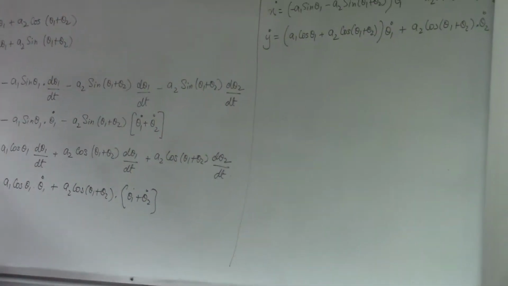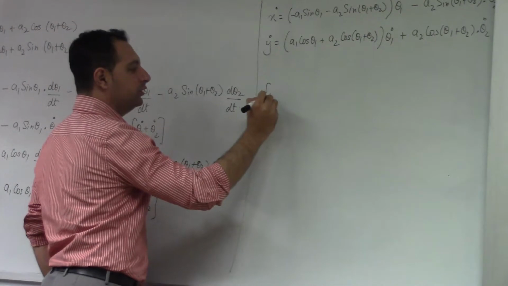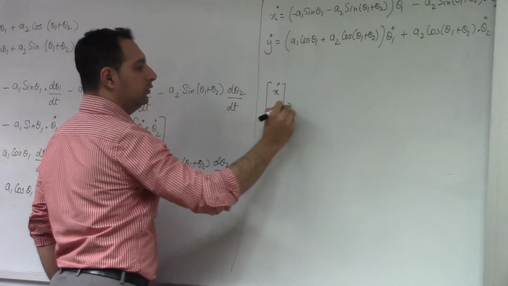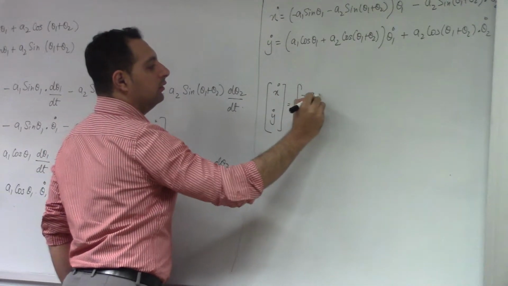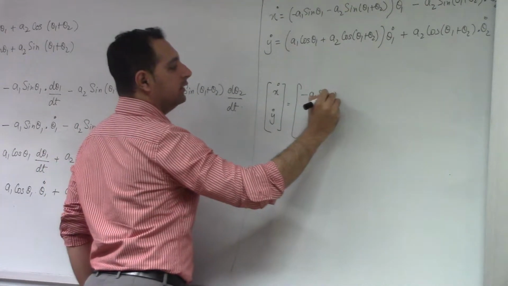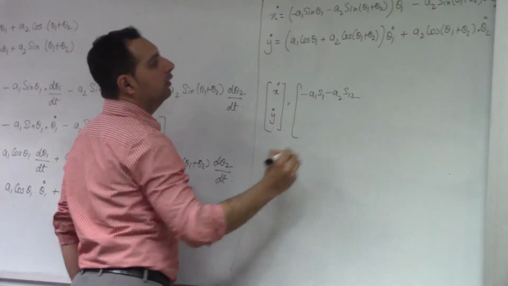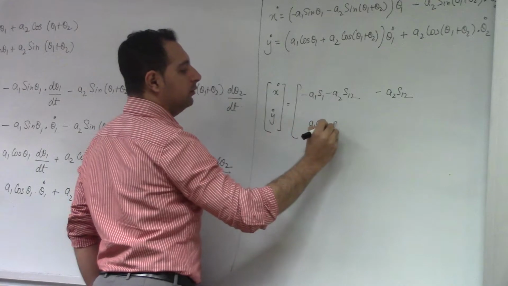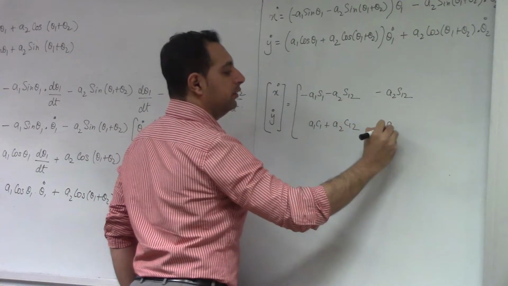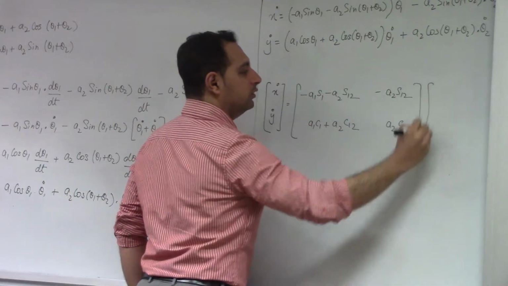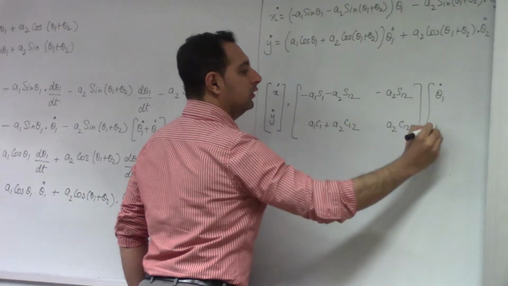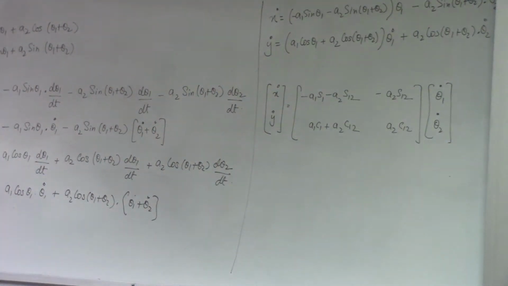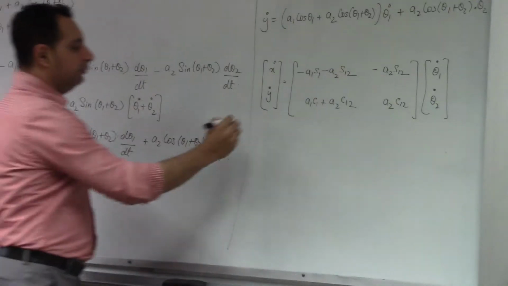So I can write this in a matrix form as a relation between the two, which is, let's say, x dot, y dot is equal to the matrix with a1 sine theta 1 minus a2 sine(theta 1 plus theta 2), here I'll have a2 sine(theta 1 plus theta 2), a1 cos theta 1 plus a2 cos(theta 1 plus theta 2), and here you'll have a2 cos(theta 1 plus theta 2), and this will be multiplied by theta 1 dot, theta 2 dot. Okay, so this way you can relate your end effector velocity. This is your eta,